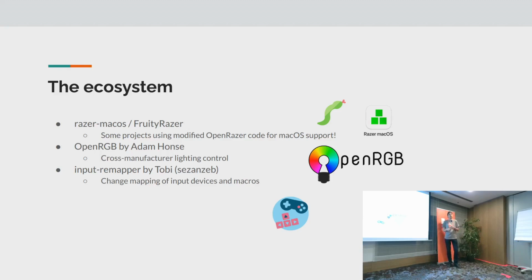The input remapper tool is super nice because this is what Razer Synapse on Windows can also do. So you can say, hey, I want the control button to be something else, and maybe put a macro on this one, so every time you press it, it actually makes a macro, or you want some other buttons in a different place, or have extra functionality.